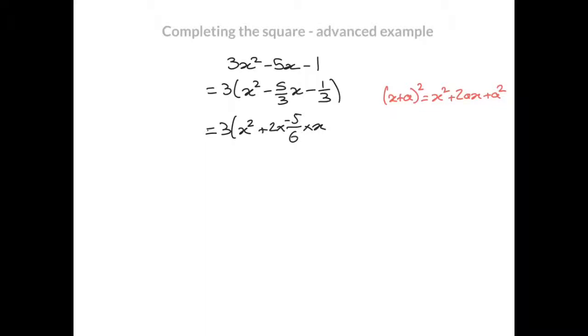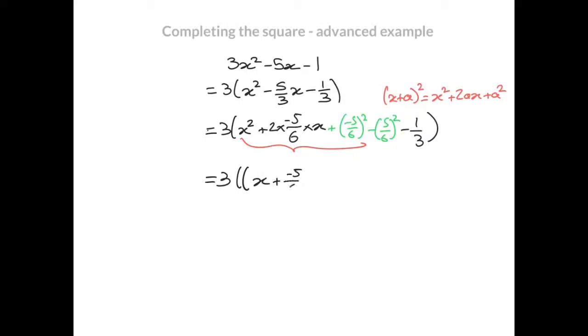We now need to match the plus a squared. So we are going to add minus 5 over 6 squared and subtract it to balance out this addition we make to the line. And we still have minus 1 over 3. We are now ready to apply the formula to these 3 terms here. And the expression rewrites as 3 brackets x plus negative 5 over 6 squared, and then minus 25 over 36, if you work out the square,